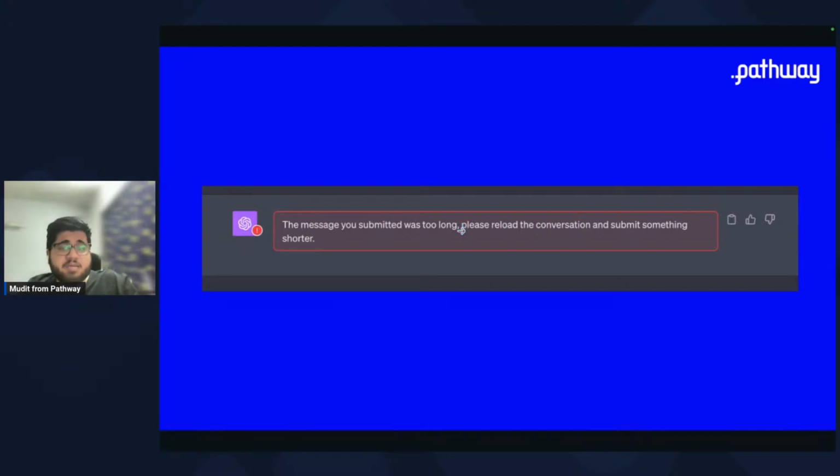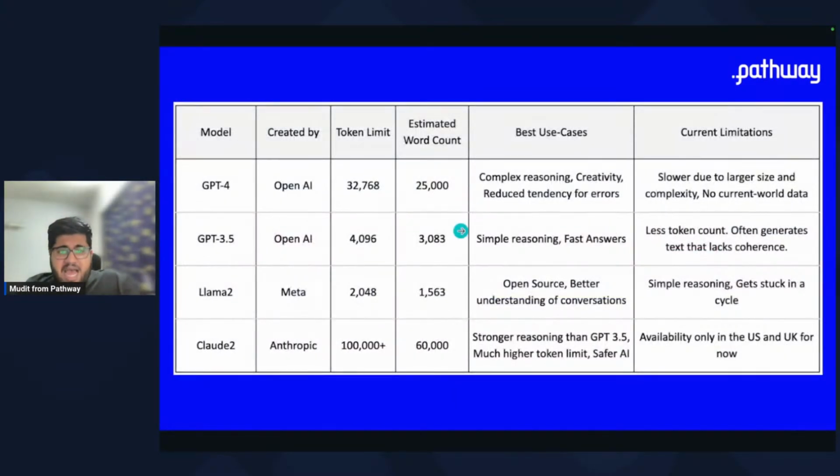Try copy pasting the Wikipedia page of Google, for instance. And this token limit is different for various models. For example, some of the state of the art models that exist today, which are very popular: GPT-4 has a token limit of 32,000. GPT-4 Turbo has a much higher token limit, but that has higher costs also. Most companies right now find it expensive to use GPT 3.5 also. Interestingly, most Indian companies.